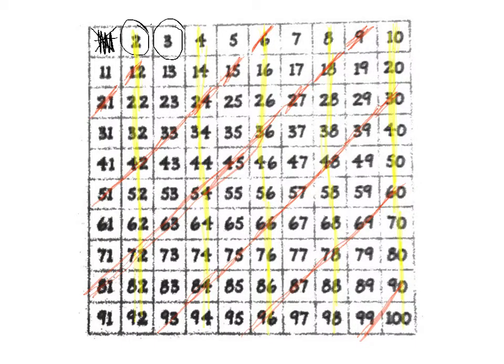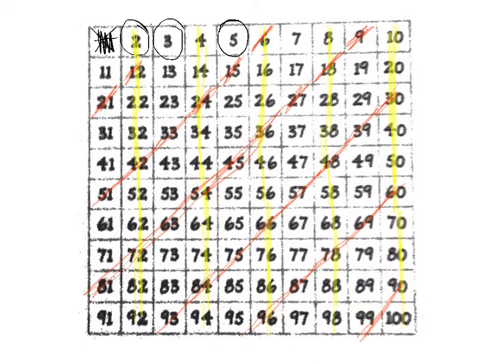So now I'm going to look at the next number after 3 and determine if it's prime. The next number is 4. 4 is not prime. 1 times 4 is 4, and 2 times 2 is 4. But if I move on to the next number, which is 5, 5 is prime. The only numbers I can multiply together to get 5 are 5 times 1. That would divide evenly. So now what I'm going to do is use a green,